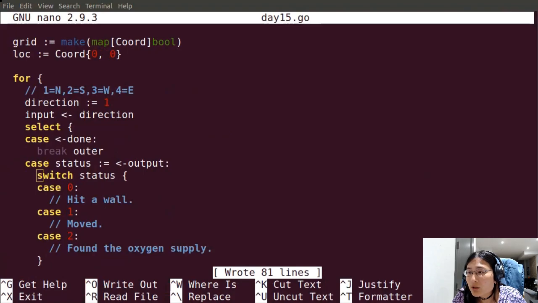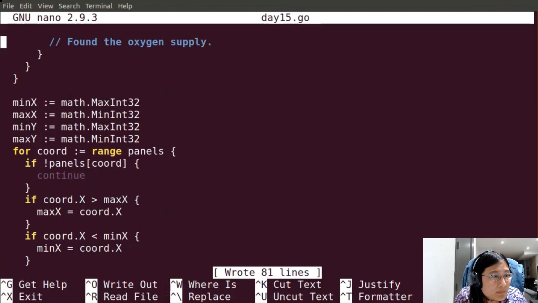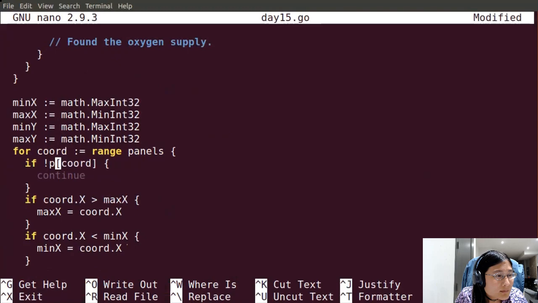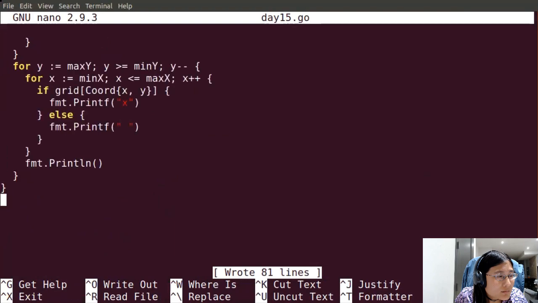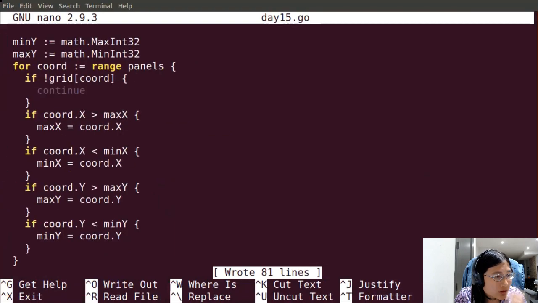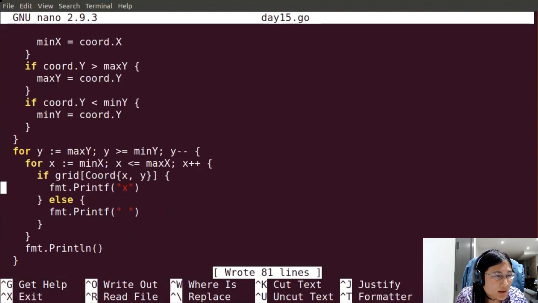And let's have a quick look at this grid. So okay, so the grid is either passable or it is not passable.